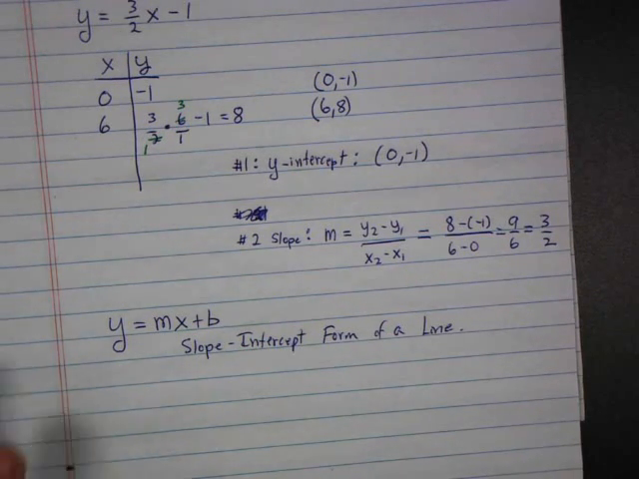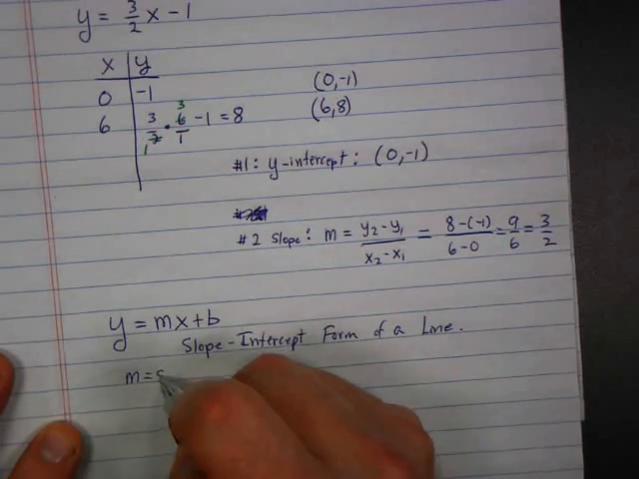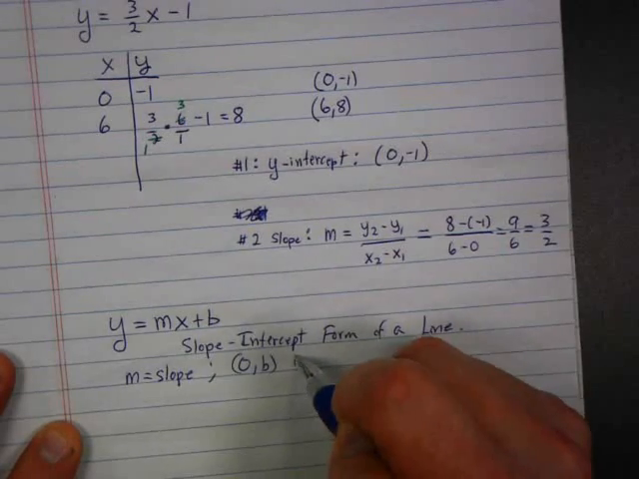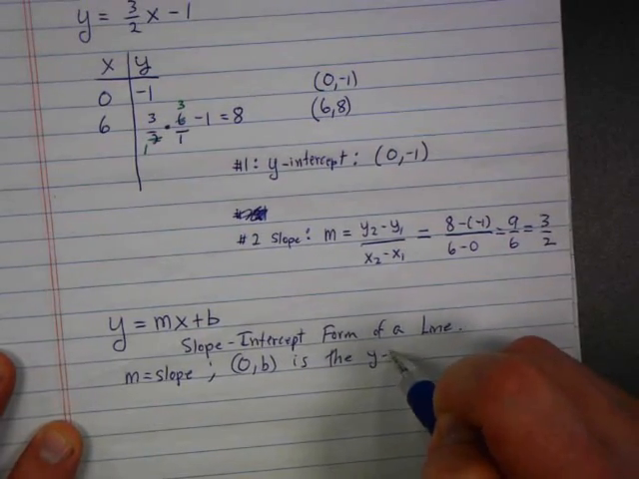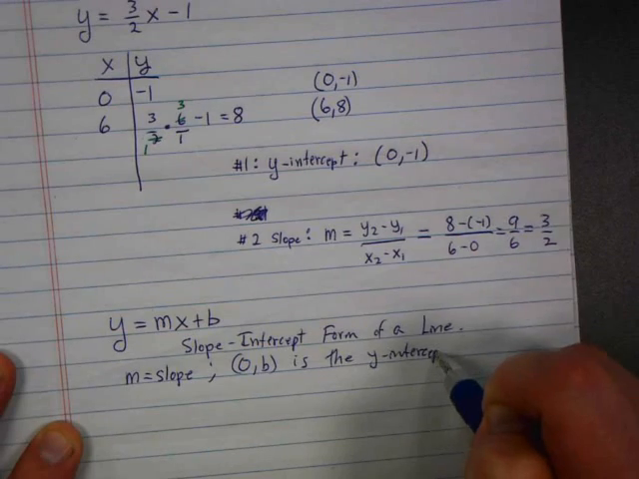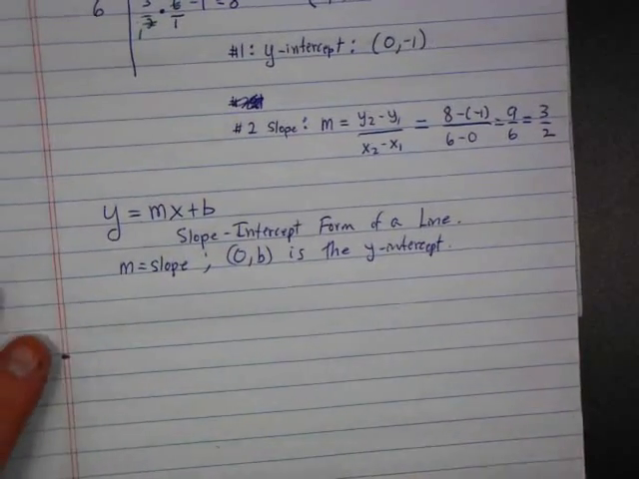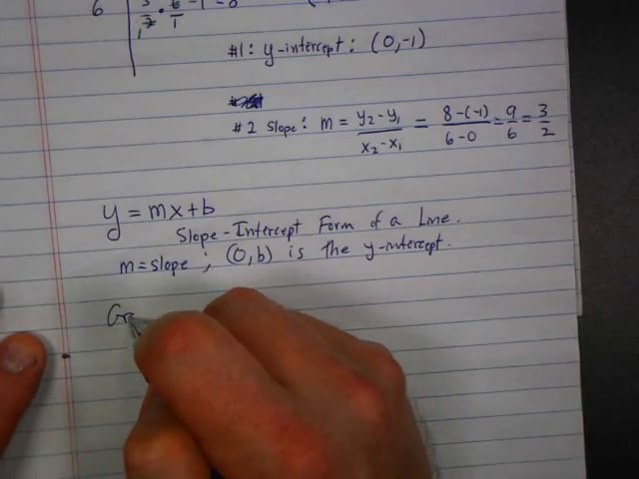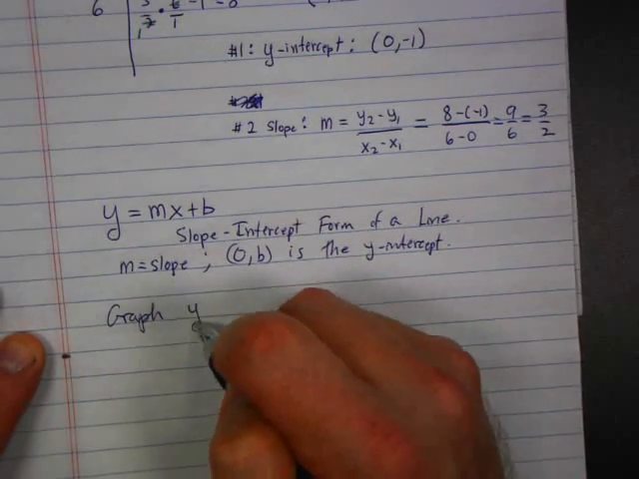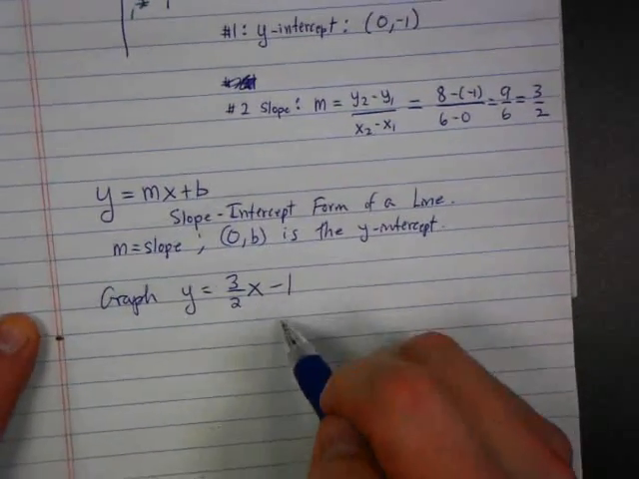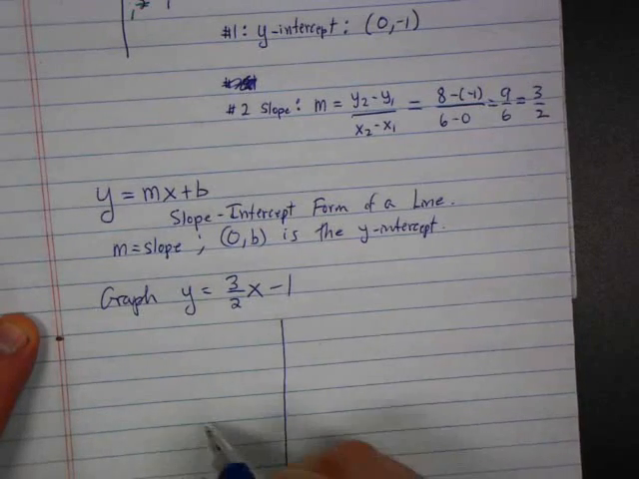This one makes sense. So in this equation, m is the slope, and (0, b) is the y-intercept. That makes graphing very, very easy. Graph y equals 3/2 x minus 1. If I'm asked to graph this equation,